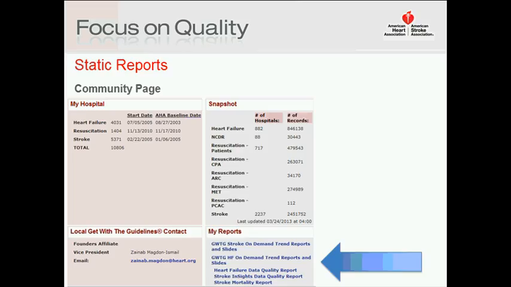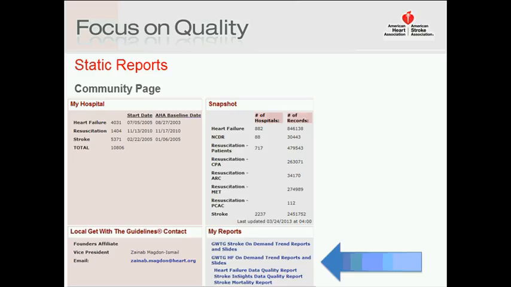hold on, let me just get back to our presentation here. So underneath the My Report section on your homepage, you will see some of these static reports that I am referring to.